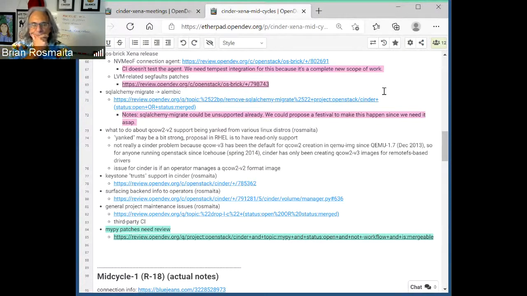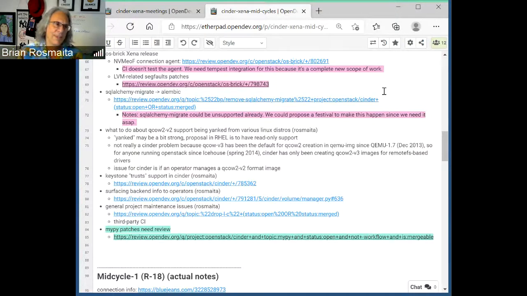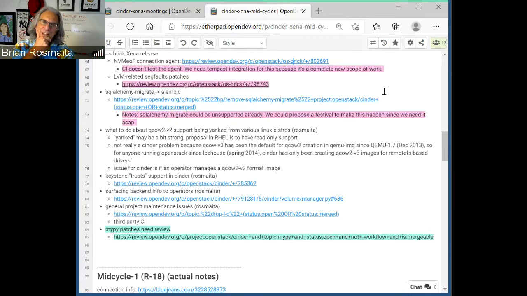I don't know what to do about this. I mean, the main thing is what you want to tell operators is don't do this, right? Because that's not good. Do we support managing a QCOW 2 volume? I don't know, actually. I thought that we did not support that, with Cinder manage, I mean. All right, well, okay, so then for some reason I was thinking if we don't support it, then bingo, problem solved.